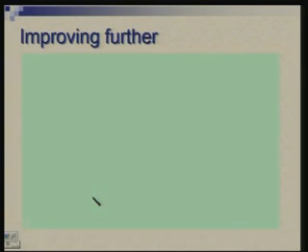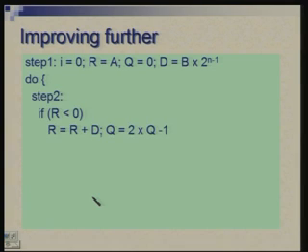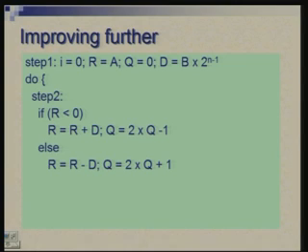Okay, we will improve it further, where we are actually combining the two steps. So, recording of that bit in Q is actually brought within this condition in a single step. So, if R is negative, then you are doing initial addition, and here you make Q equal to 2Q minus 1. Otherwise, you start with initial subtraction and make Q equal to 2Q plus 1.